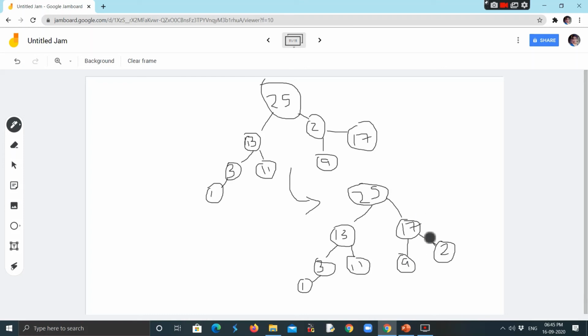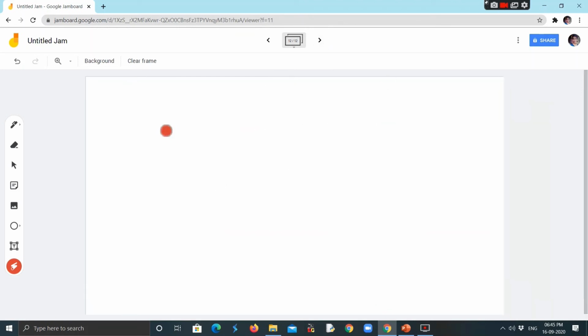Now let us see, yes, all the parent elements are greater than the child elements. So we'll take the last-most element and swap it. The last-most element over here is 1. So 1 will be coming here and 25 will be eliminated. We'll see that in the next slide. What we get here is 1.